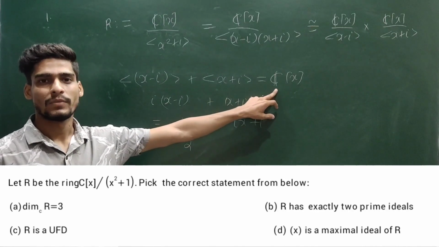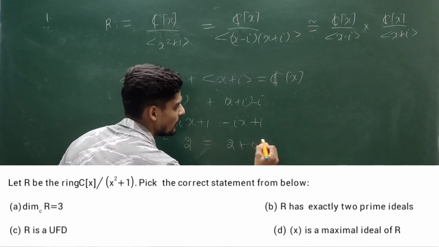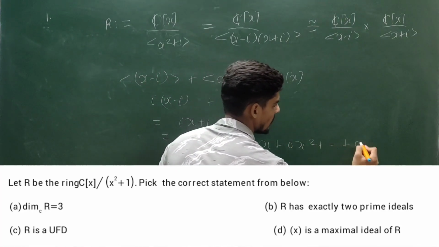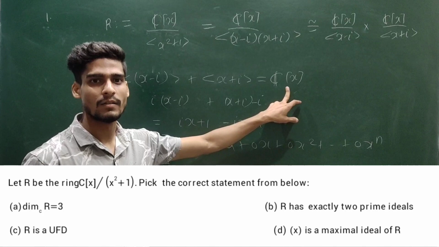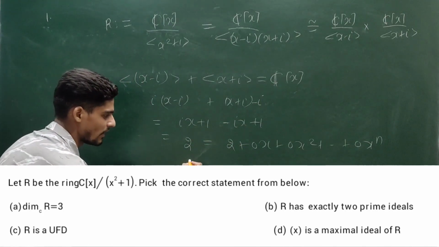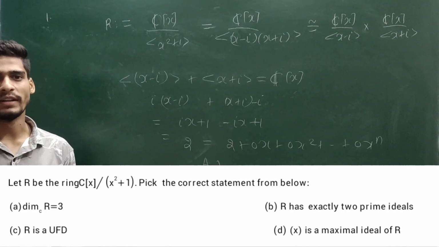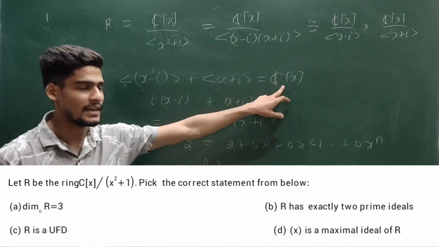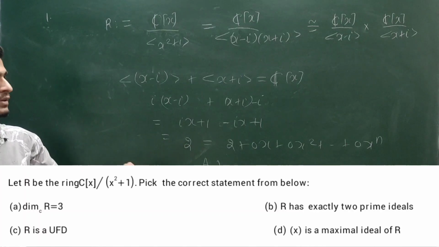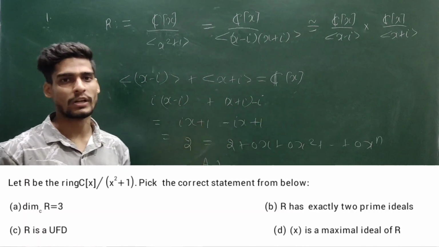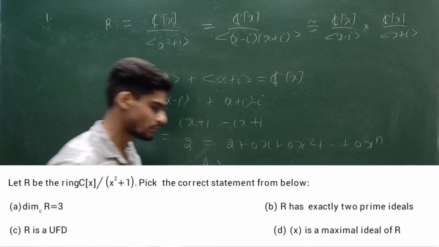And because C is a field, every non-zero element will be a unit inside this. So I can see this 2 is of the form 2 plus 0x plus 0x square plus up to 0x power n. You can verify this 2 is a unit inside Cx, because you can find the multiplicative inverse. You can define 1 by 2 as a polynomial. If you multiply this with this polynomial, you are going to get the unity. So this 2 is a unit inside Cx. So this sum of these two ideals contains 2, and 2 is a unit, hence this whole will be equal to your ring. That is, these two ideals are co-maximal ideals. So I can use the Chinese remainder theorem.